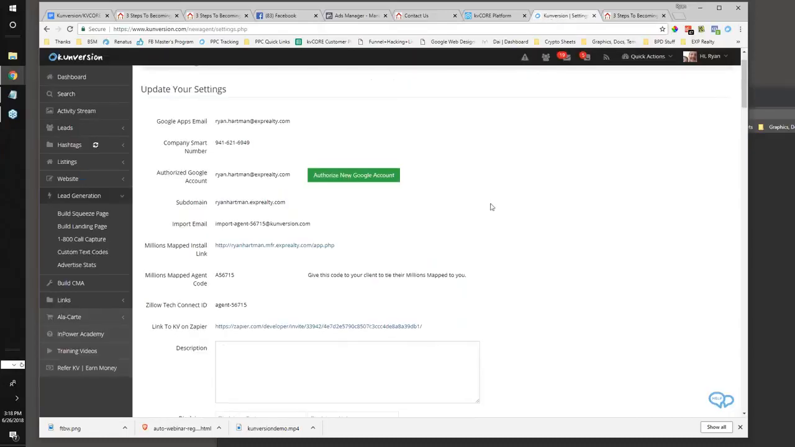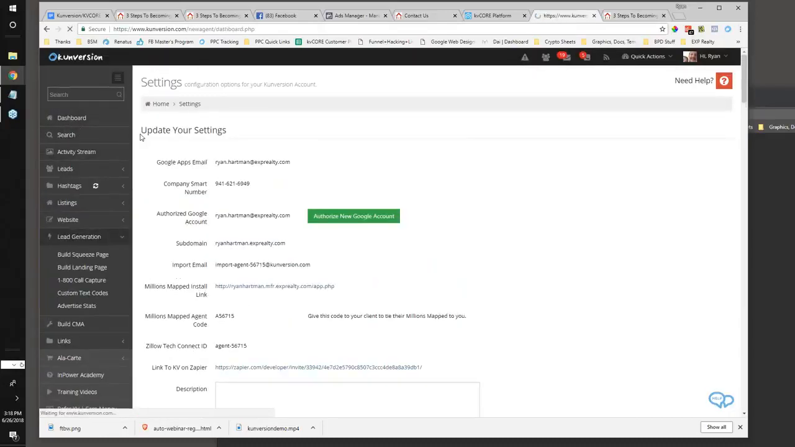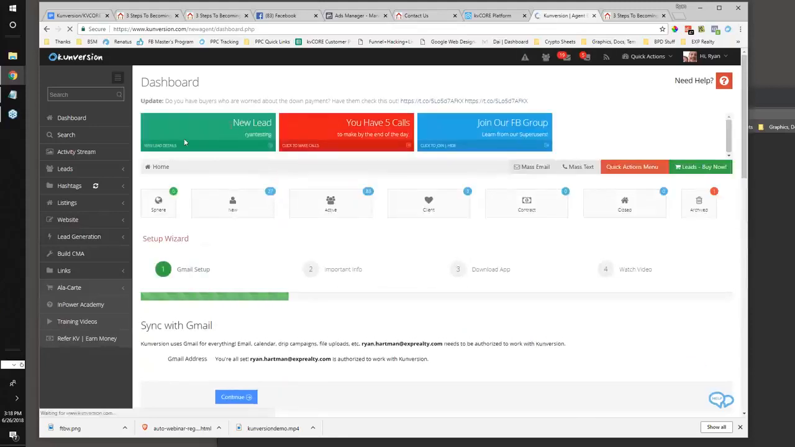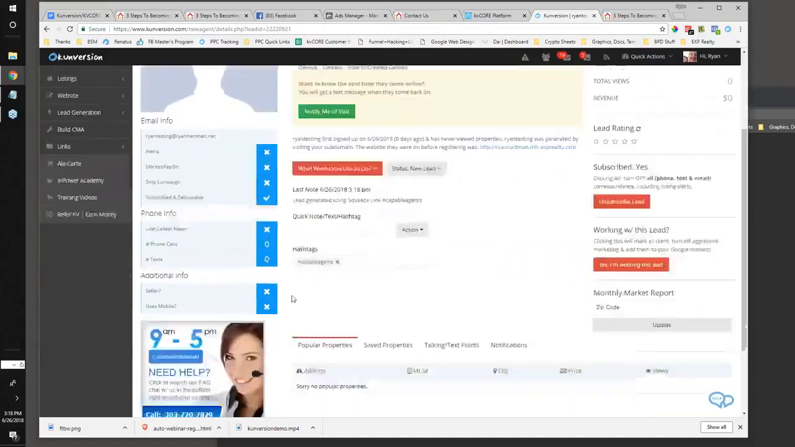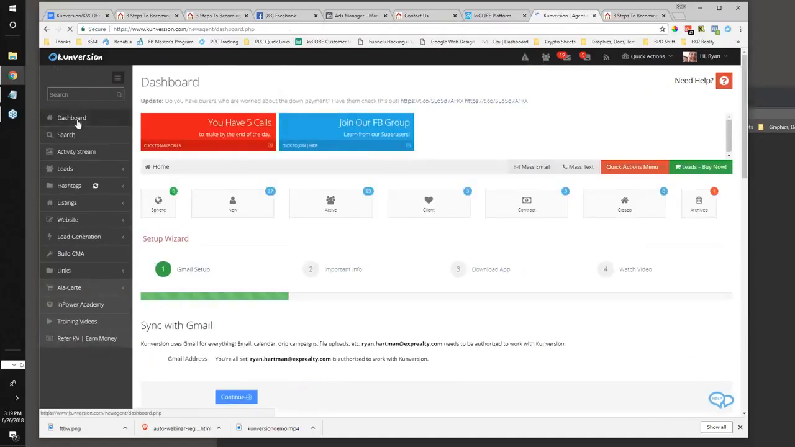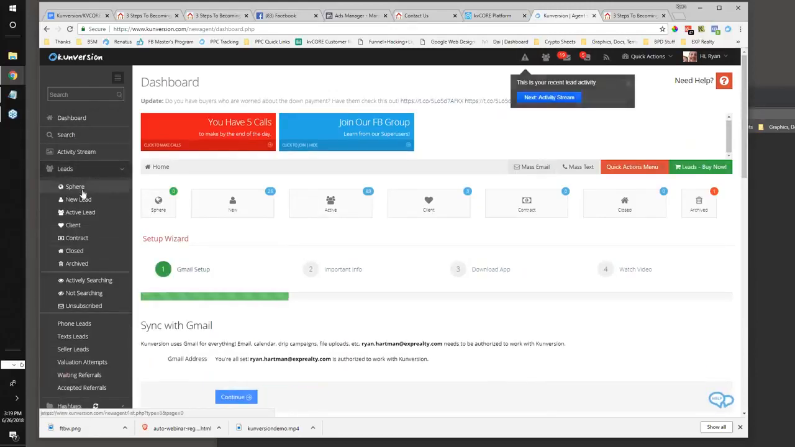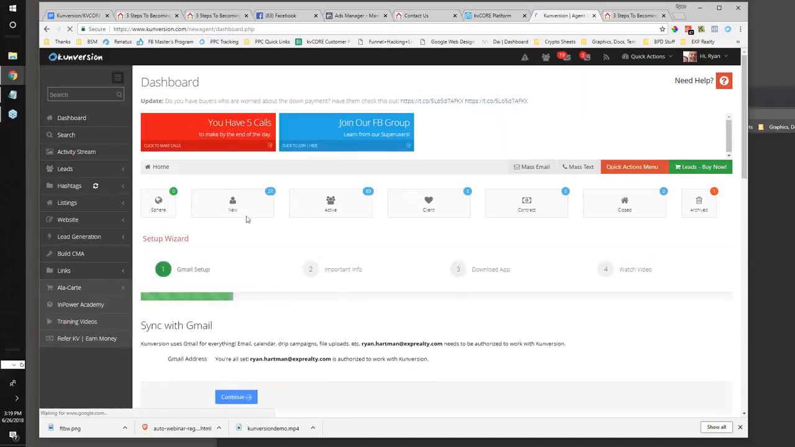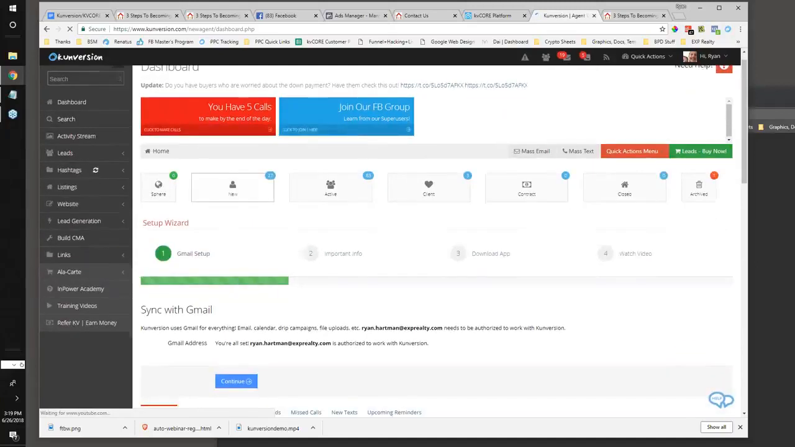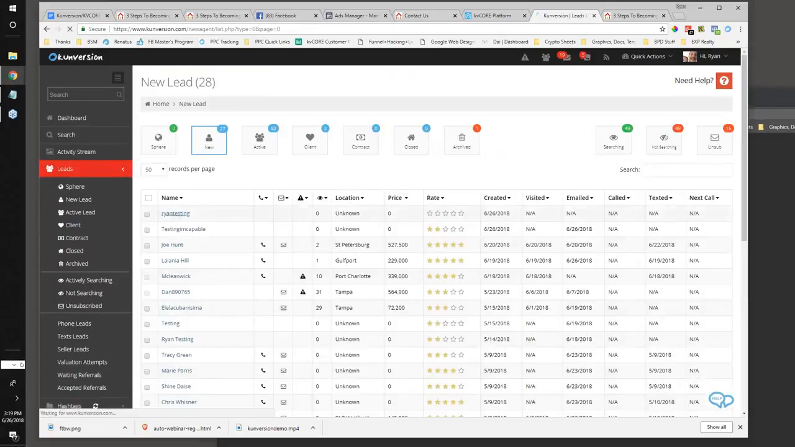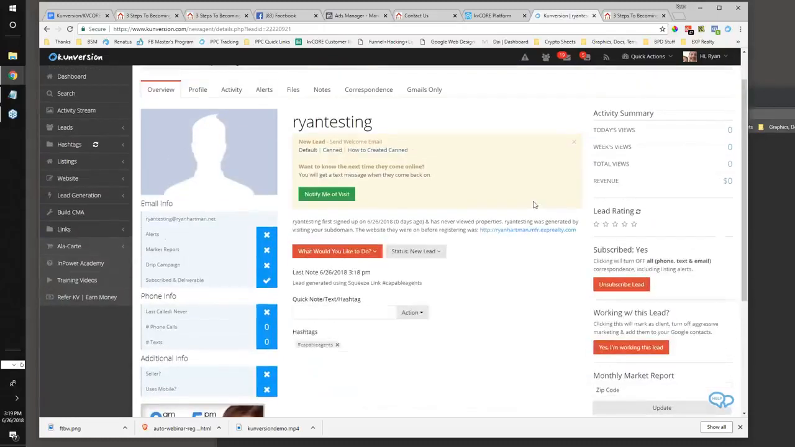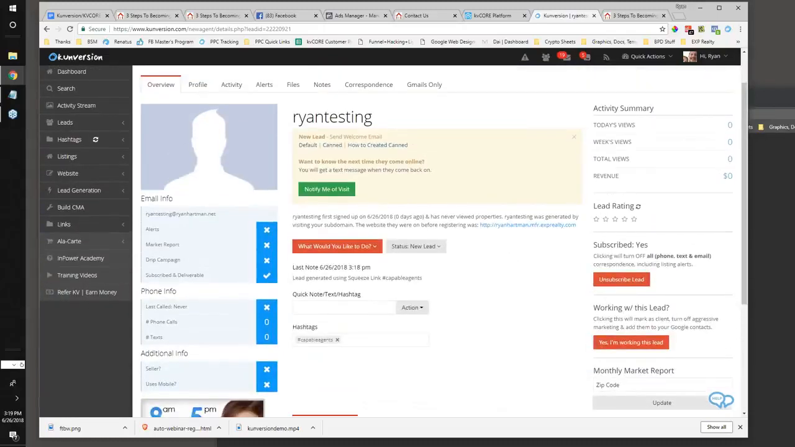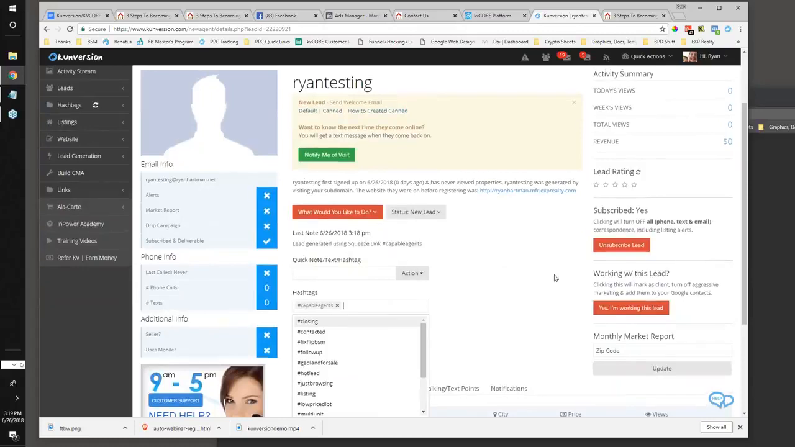So if I go back into my dashboard, I should see my new test lead right here. And it should have the hashtag. Sorry, that was an earlier test, so I was trying to see. Okay, I think this is an earlier test. I might have used an invalid email or something, but anyway, I can go based on the hashtag and start to create